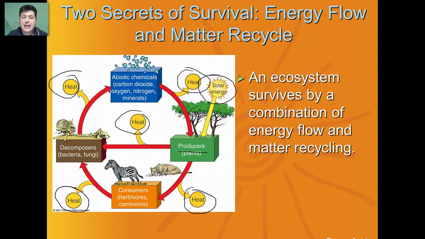Unfortunately, we don't get a new supply of matter. All the matter that we'll ever have is present here on planet Earth. Those chemicals are then cycled through our ecosystem. They spend some time in the plants, they spend some time in the consumers, and they're released back into the environment by the decomposers. That matter may change form, but it's all that we have here on planet Earth.